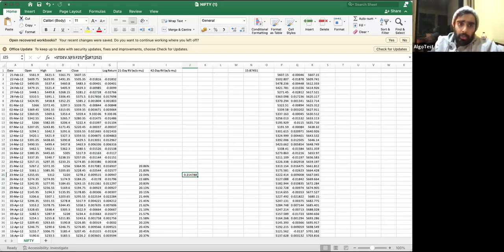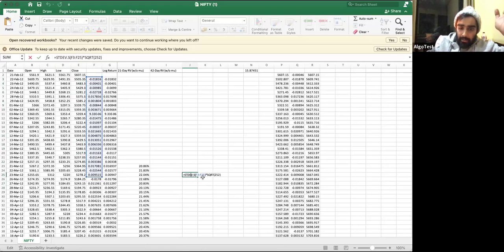अगर मैं मल्टीप्लाई करता हूं स्क्वायर रूट ऑफ 252 से, तो मेरी एनुअलाइज्ड वॉलेटिलिटी आ जाए। This is just a formula, you can I can show you how to derive it, but what you need to understand is just this कि यहां पे मैंने डेली प्राइसेस से डेली रिटर्न निकाला। डेली रिटर्न का फिर मैंने एक सबसेट लिया, which is